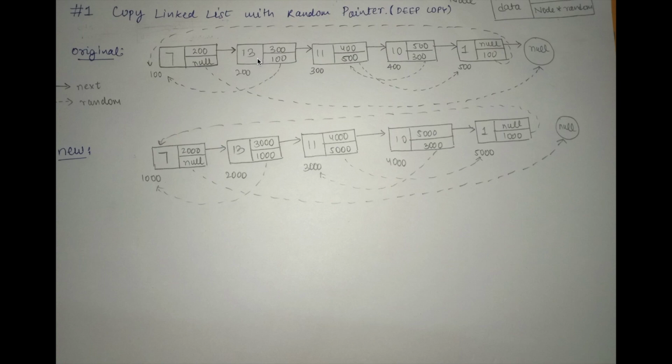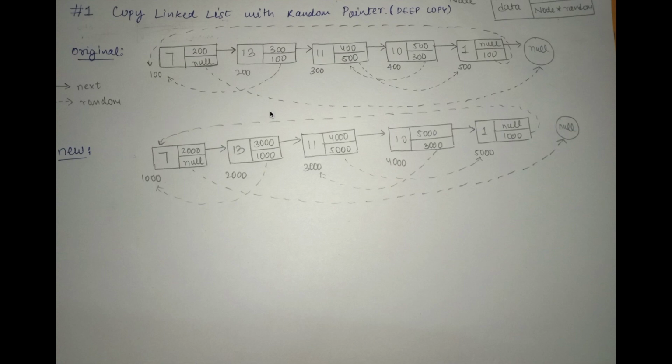Let's look at the 13 here. The next of the 13 is 11. It is pointing to 11 in the original list. In the new list it should also be the same. 11 should come after 13, and here in the original list 13's random was pointing to 7, and in the new list it should also be the same. 13's random should point to the 7. So